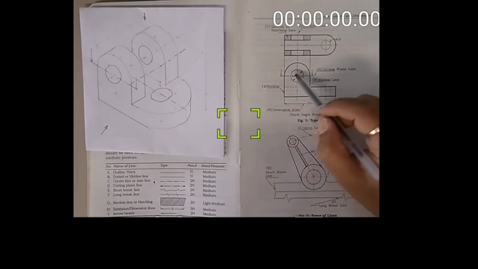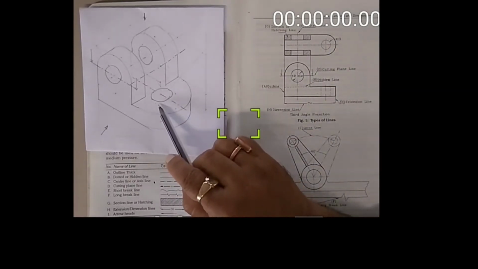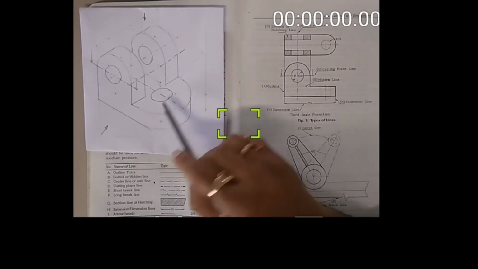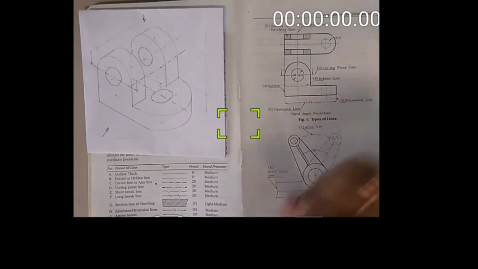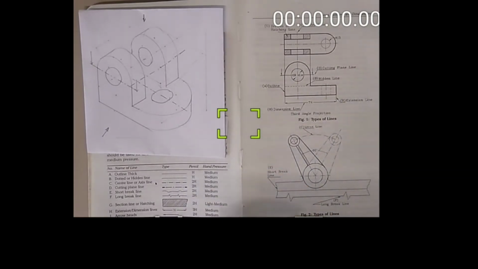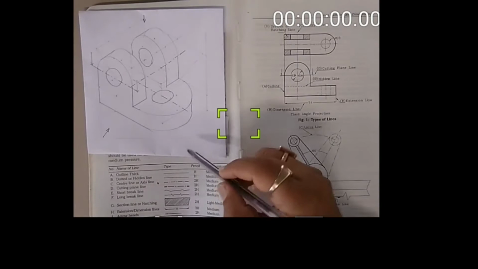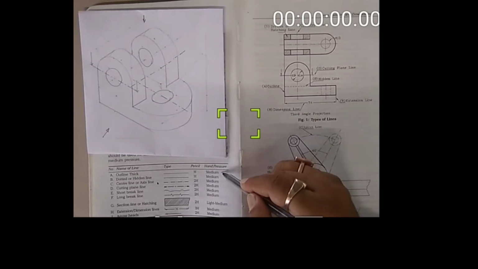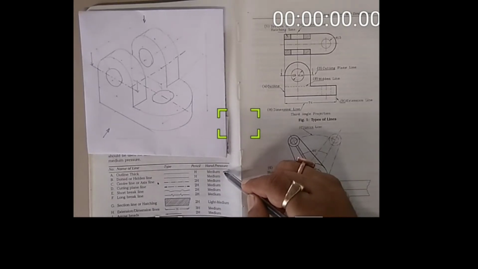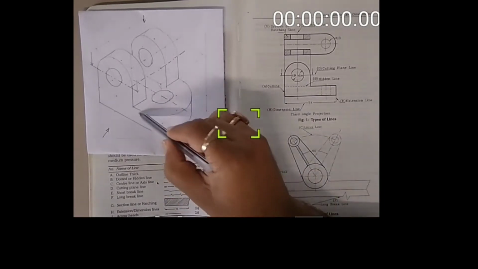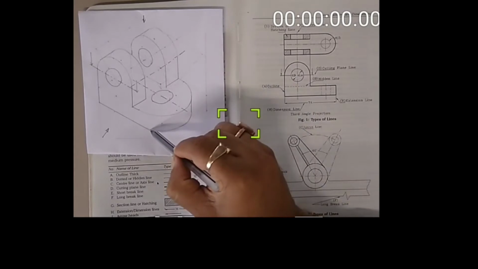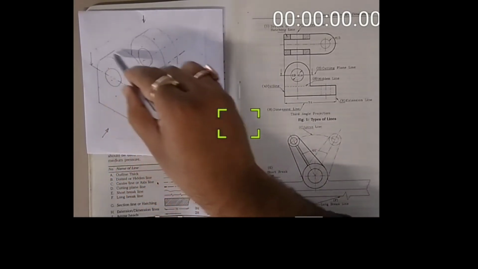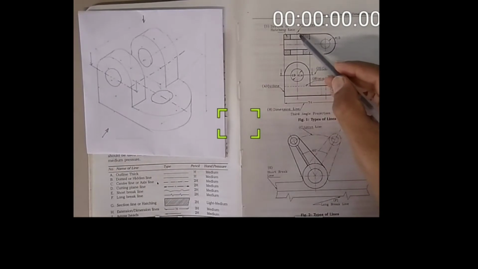Now for drawing the front view, top view, and isometric view, that is the three-dimensional view, the 3D view, and these 2D views of the object, we need different types of lines. So the first line is the outline. For drawing the outline we need to use the H pencil, and you will have to apply medium hand pressure. These all are the outlines, to show the boundary. Here also in two-dimensional, these are the outlines.